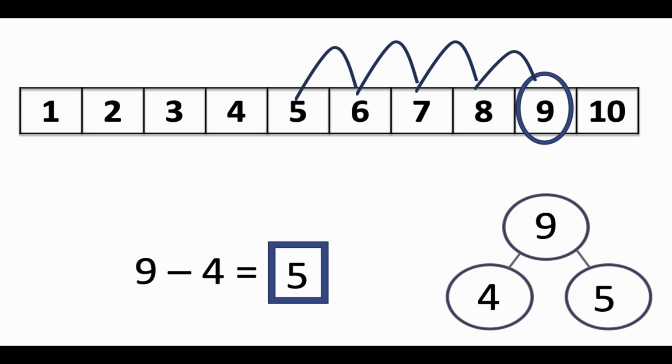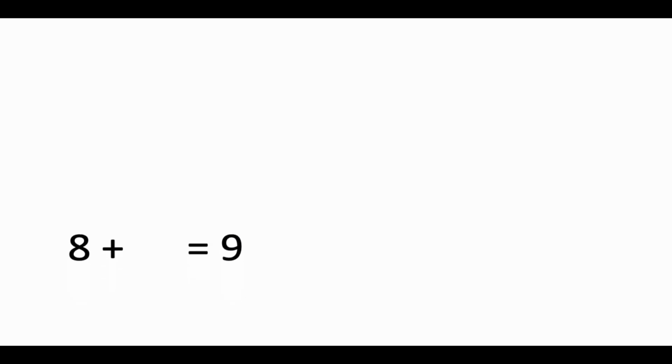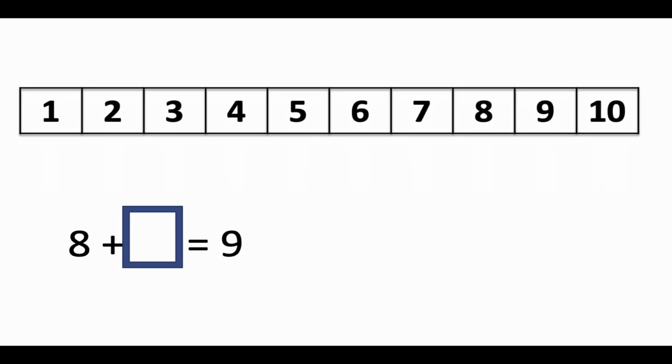All right, let's try to add now. So if I were going to say 8 plus something equals 9, but I don't really know what, I could use a number path to figure out what I would need to add to 8 to get to 9. And any jump that I make would be how many I would be adding. So in this case, we're going to start at one of the parts because one of the parts is missing. We're going to start at 8,